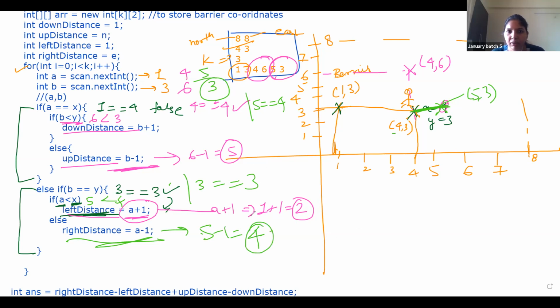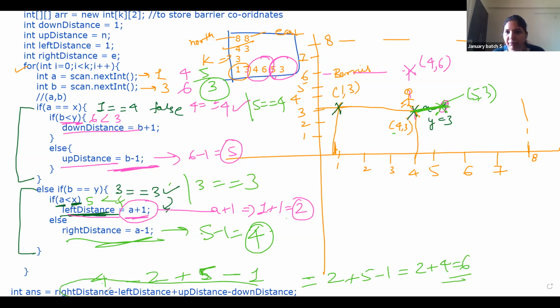ठीक है, तो what is the total distance now? Now here what we will do, right distance कितना आया है हमारा 4, left distance कितना आया था 2, up distance कितना आया था 5, down distance कितना आया था 1, initial value was 1। सो कितना हो गया, 4 - 2 = 2, plus 5 - 1, मतलब 2 + 4 = 6। तो ये वाले फॉर्मूले से, बेटा समझ में आया कि चारों तरफ का distance subtract, minus करके कर दिया।